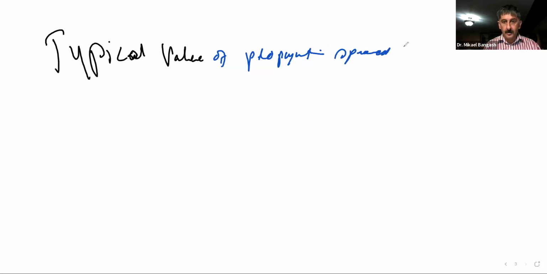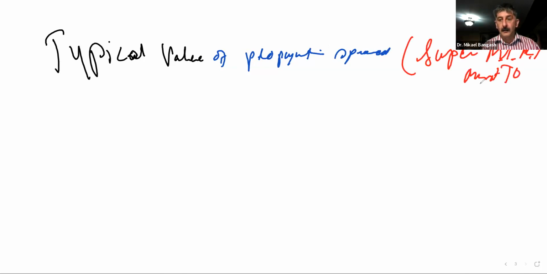Now this one is super MTK, which means must know. Okay, girls, and the range of the speed of sound through media ranges from as low as